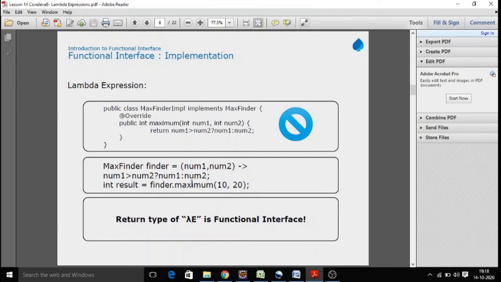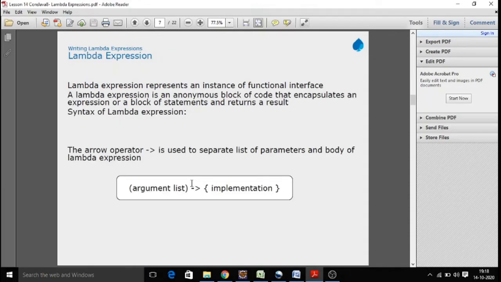The main syntax of a lambda expression is the arrow, in which we can have multiple types of implementations. It just represents the instance of your functional interface, and it is an anonymous block where you can encapsulate the total logic of your function. A function can have return types, an argument list, and any number of statements. Then we can make a block of statements. All the possible operations of functions can be done with the lambda expression.